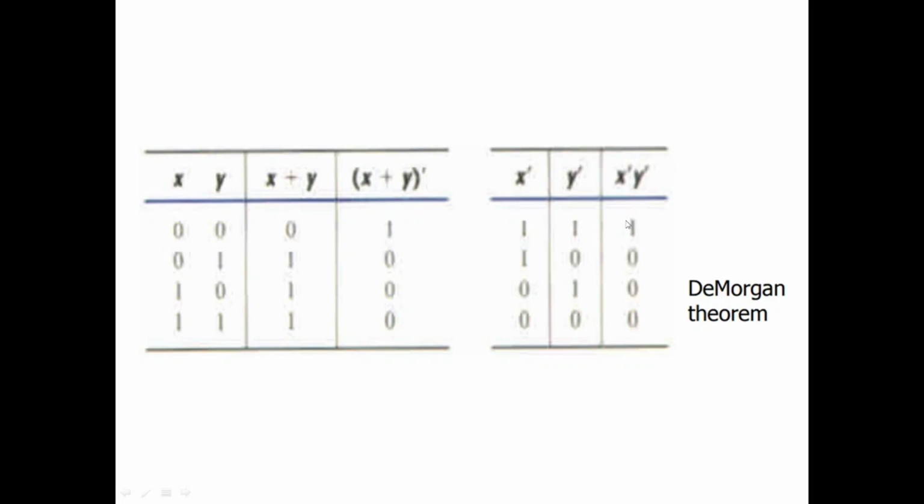So by ANDing the values of x dash and y dash, we have 1 dot 1, which is 1. Whenever both the inputs are high, the output is high. That is the truth table of AND gate. And 1 dot 0 is 0. 0 dot 1 is 0. 0 dot 0 is 0. So taking the two columns, LHS (x plus y) the whole dash and the RHS x dash dot y dash, both are equal. So hence it is proved. That is, De Morgan's theorem is proved with the help of truth table.